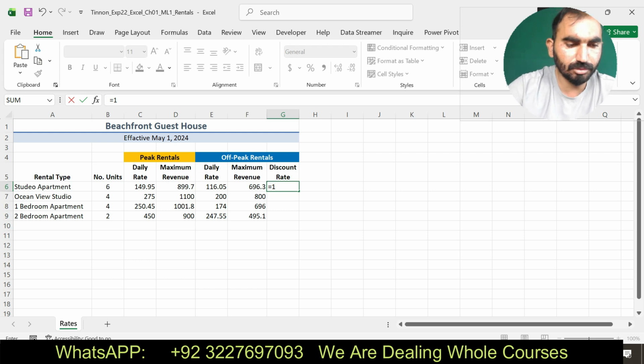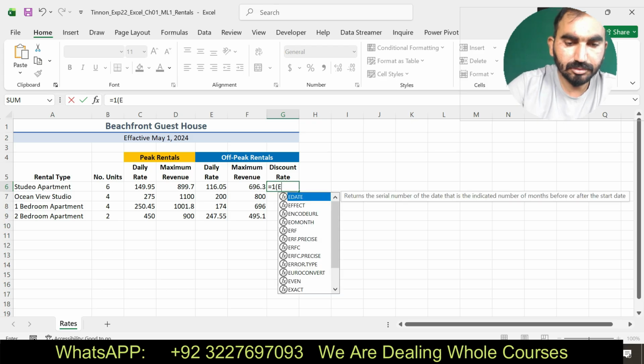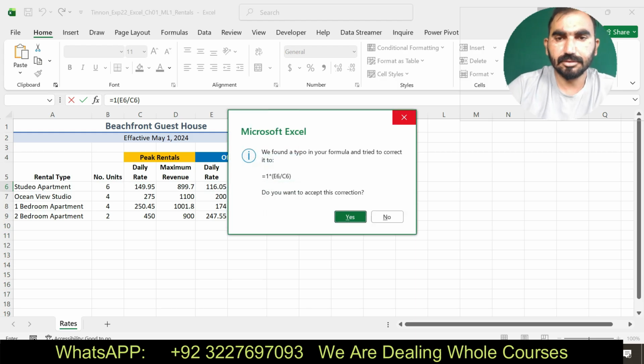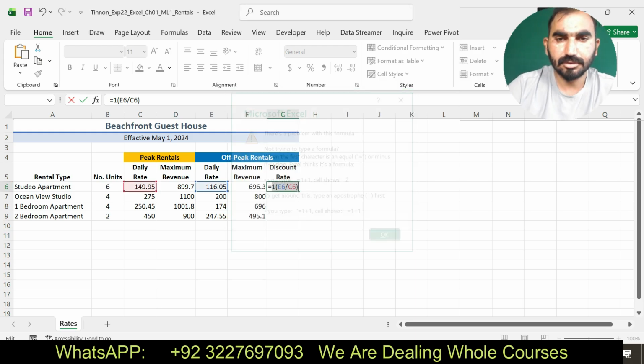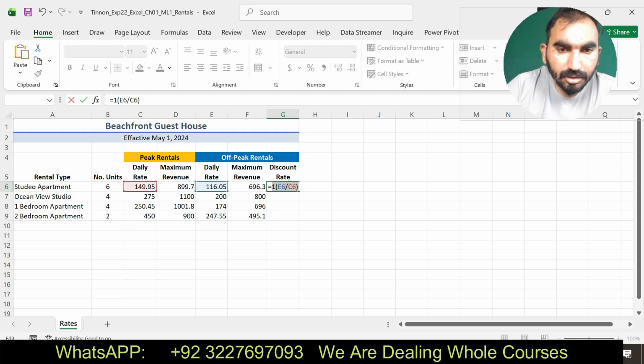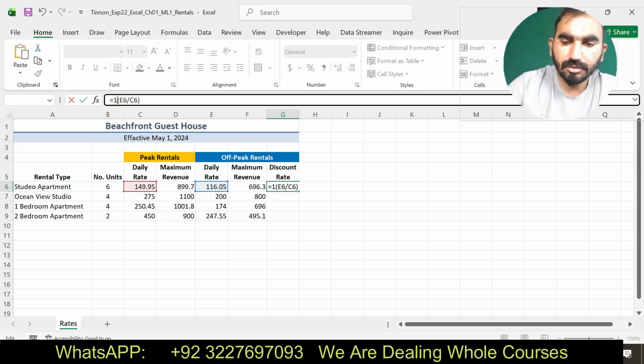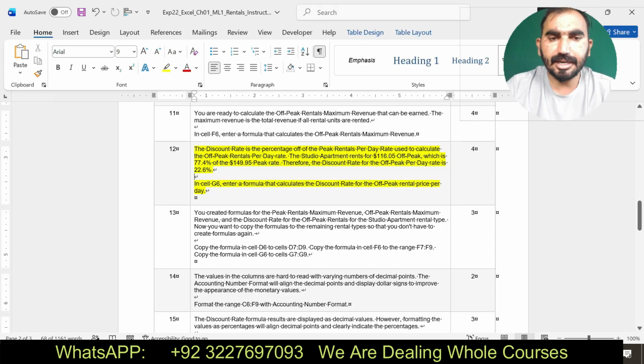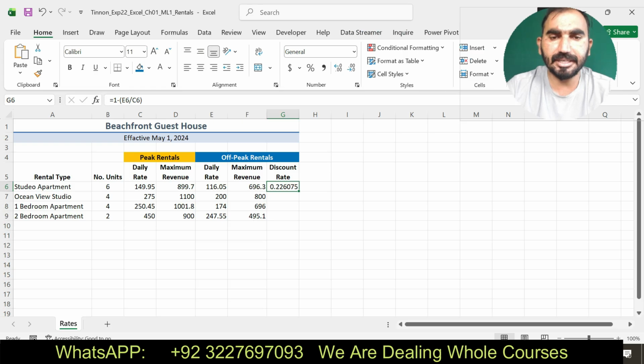According to the instruction, I am going to apply this one, divided by C6. Okay, here you can see I have done this one, and by using the fill handle complete the function in the remaining cells.